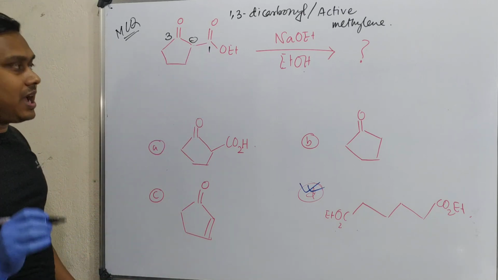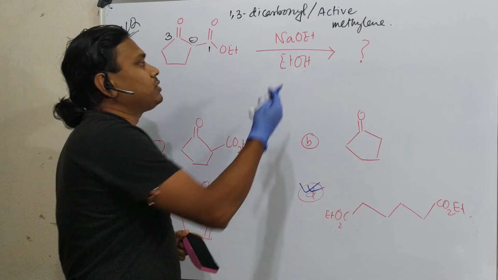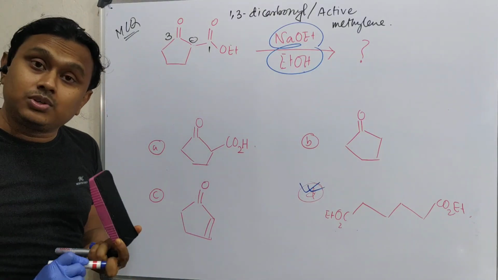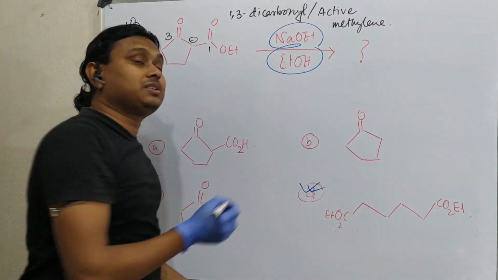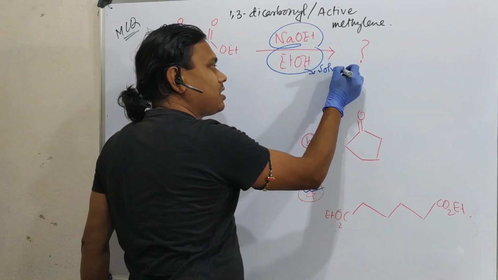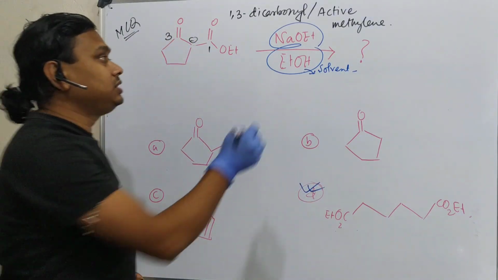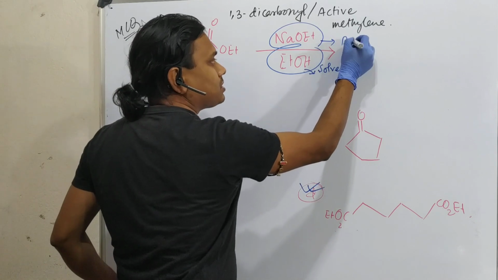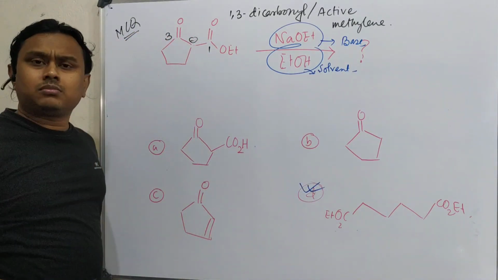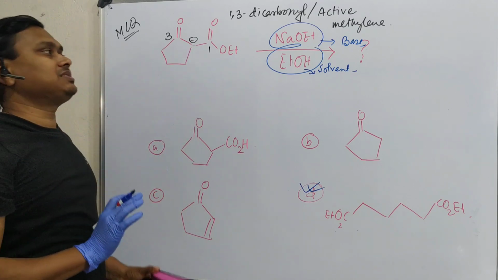In this case, I ask you one question. By looking at here, can you say which one is reagent and which one is solvent? Obviously, I guess you will. Sodium ethoxide is a reagent and that is in ethanol, so ethanol is actually used as solvent. Now question, sodium ethoxide, what kind of molecule? This is nothing but a base. So what you can expect is that in presence of a base, acid-base reaction will occur, because this acid-base reaction is the fastest reaction, the most visible reaction. Obviously that will occur.